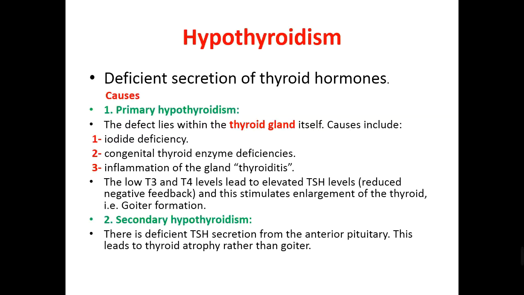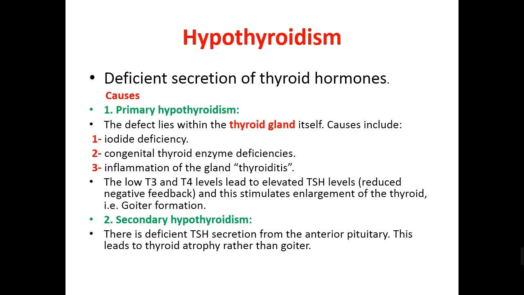Now, we can move to hypothyroidism. Hypothyroidism is decreased or deficient secretion of thyroid hormones, which may be primary hypothyroidism due to defect lies within the thyroid gland itself due to iodide deficiency, dietary deficiency, congenital thyroid enzyme deficiencies, or inflammation of the gland. The low T3 and T4 level lead to elevated TSH level, and this stimulates the enlargement of the thyroid gland